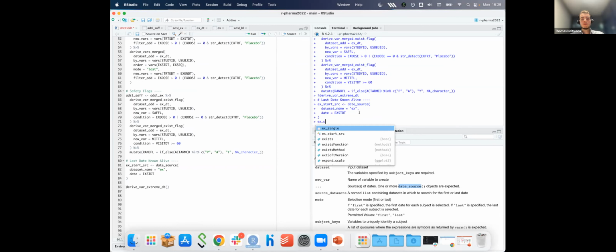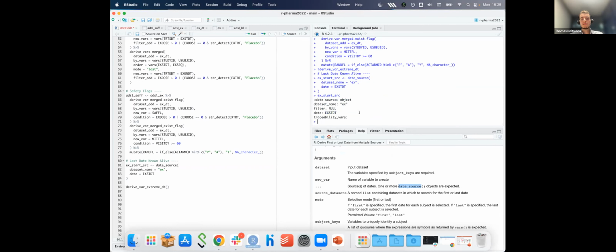And if you print that to the console, it looks fairly uninteresting. So it tells you it is a date source object. The dataset name is as you specified. The date is as you specified. Apparently, you can specify something with filters, but it's not specified, so it's null. And there's this thing called traceability vars, which we'll come to in a second. But the important thing is that no computation at all happened here. It's basically you creating a blueprint that will be fed into this function down here in just a